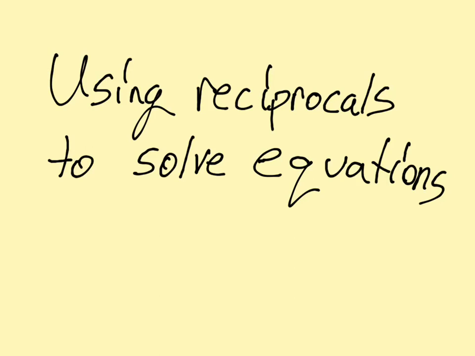So we're going to follow the same rules: undo what's happening to our variable, do the same thing to both sides, and only one equals per line. So let's use reciprocals to solve equations. First of all, let's look at an equation that has a reciprocal that we can use to solve. So let's say we have 3/5 x is equal to